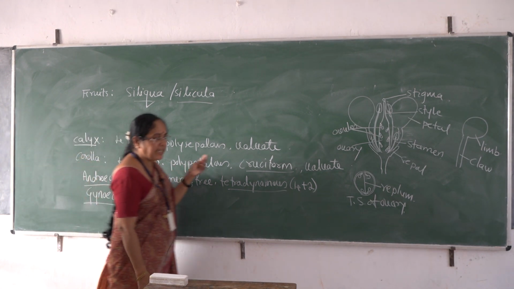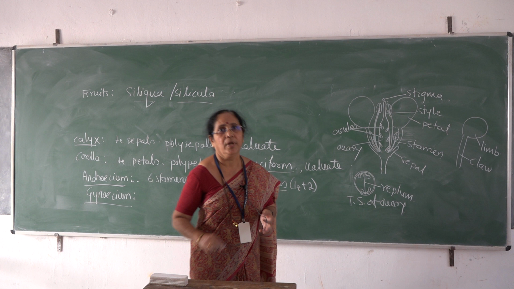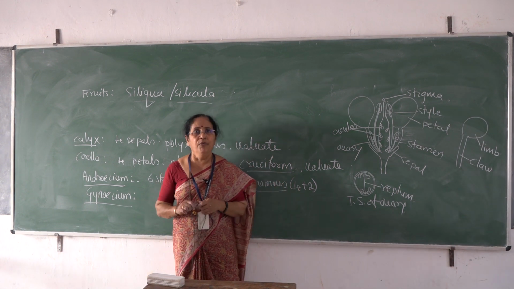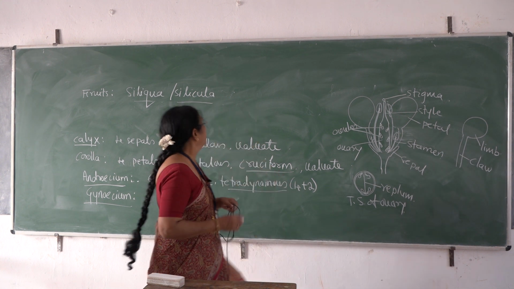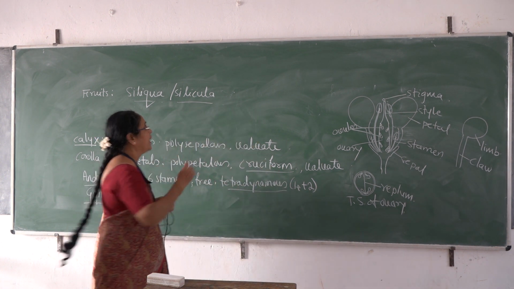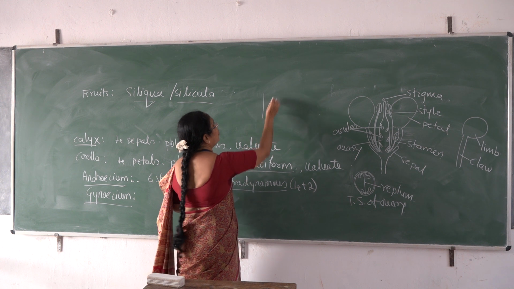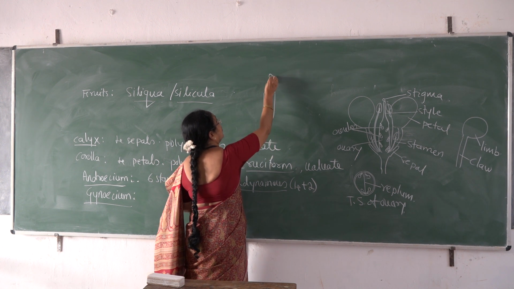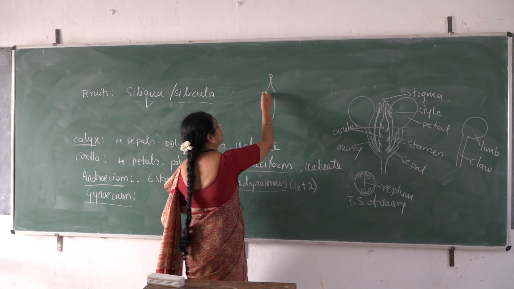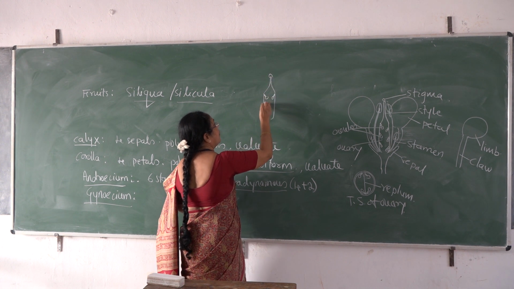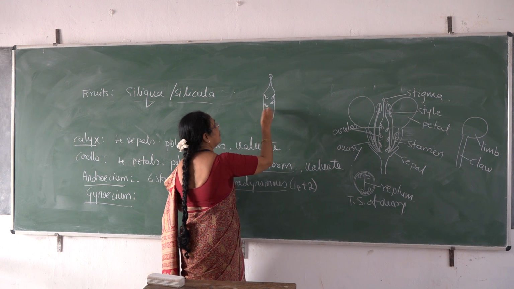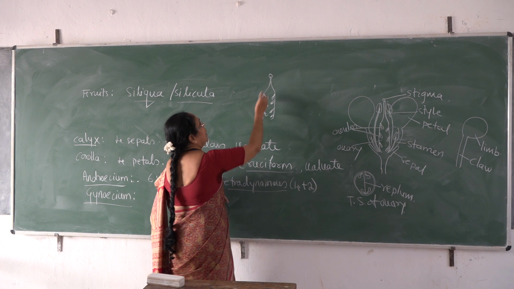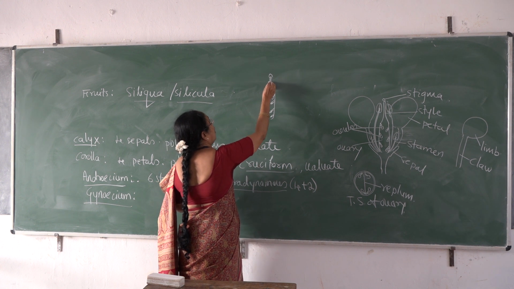Siliqua type of fruit means it is a kind of dry dehiscent fruit which develops from a bicarpellary syncarpous bilocular, superior ovary, and in case of Siliqua or Silicula type of fruit, the dehiscence of the fruit begins from the base of the ovary. So this is the reticulum where the ovules are attached, it appears like this, and the fruit wall